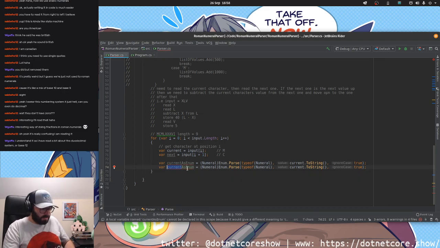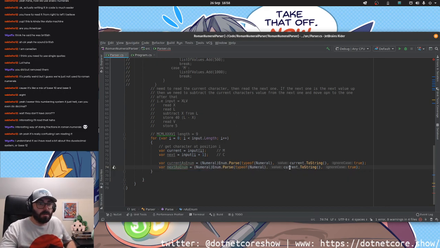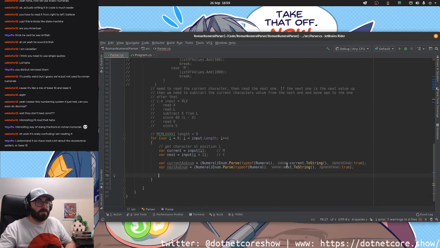We rename this next as numeral. We call it next. Hopefully this code isn't too complex. So we've got the current character, which the first time around is M. The next time around is C. So then what we do, we don't actually do that. That's a bad way to do it. What we want to do,